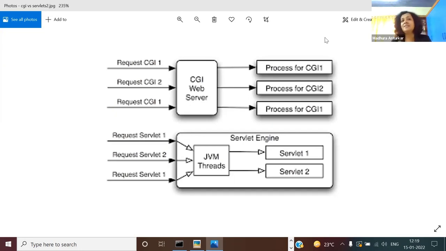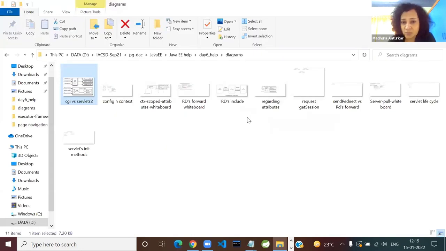Like I said, just keep it as an exam objective. Are you really going to use CGI? I don't think so, at least not in Java technologies. So this was one comparison I wanted to show you. Now